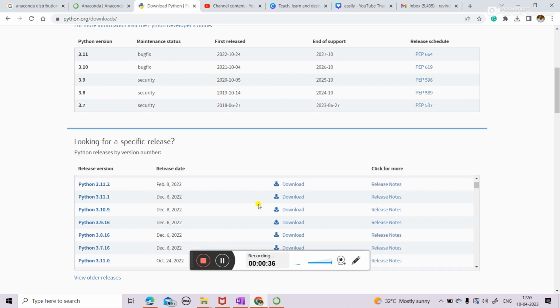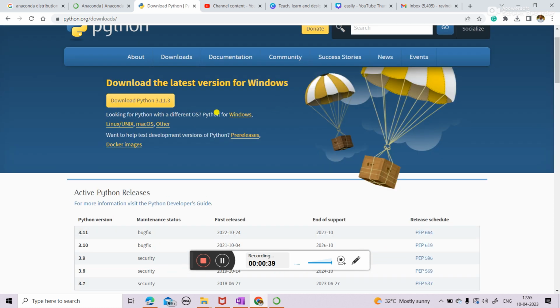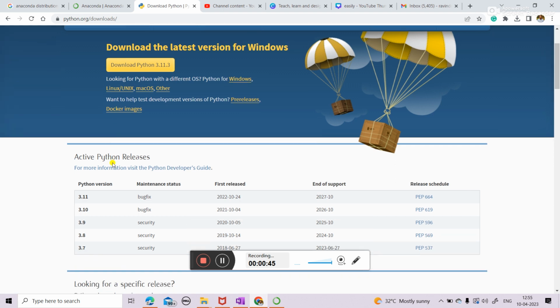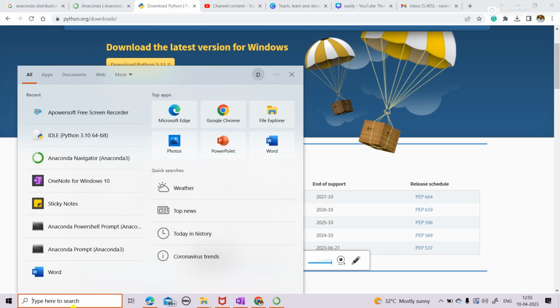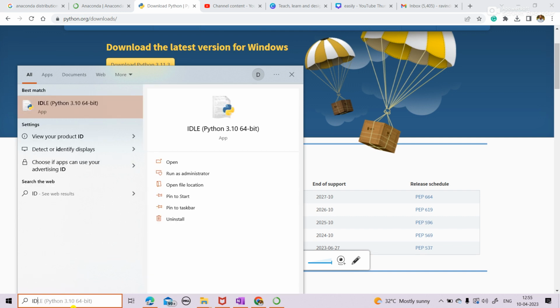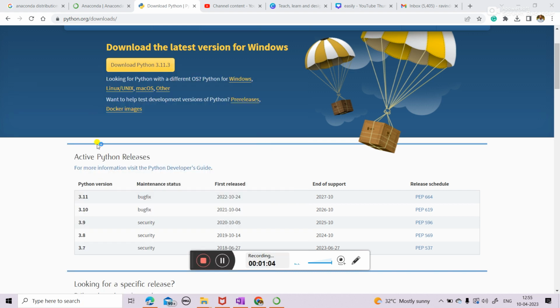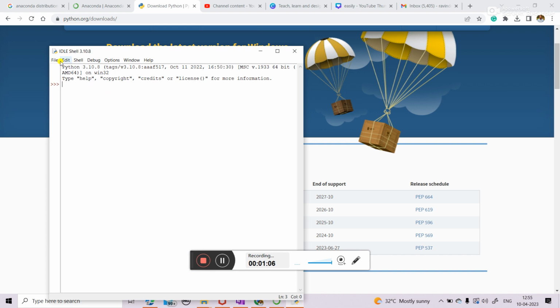You can download according to the system configuration for Windows or for Linux or Mac. This is one of the ways to install Python. If you install this plain Python, you can open a tool called IDLE. If you install Python, the tool IDLE will be installed by default, and you can open that IDLE and you can open a new file